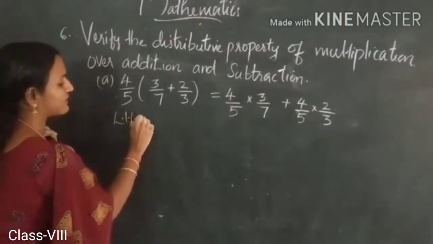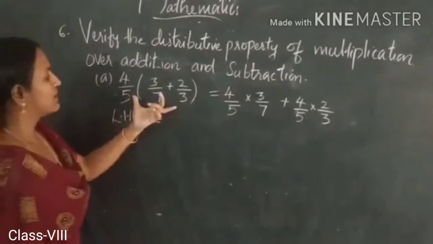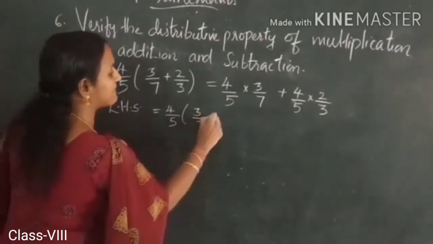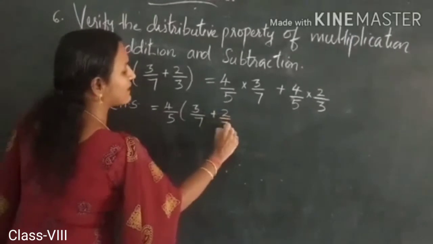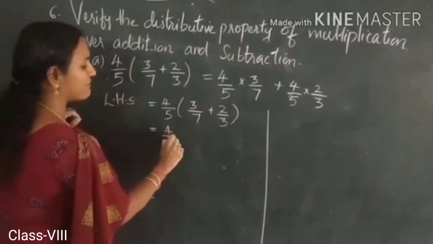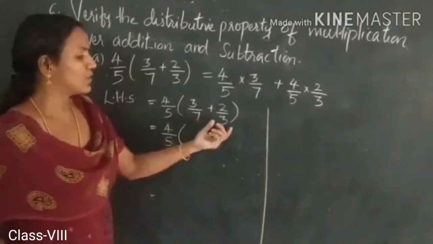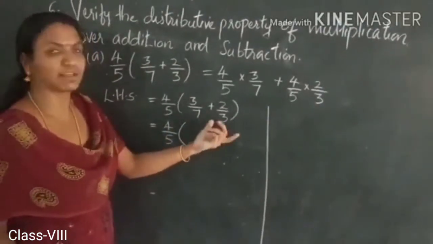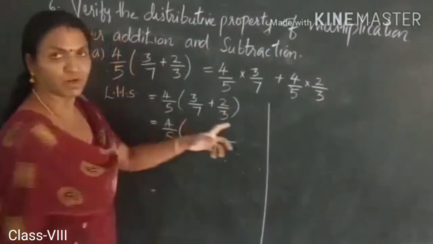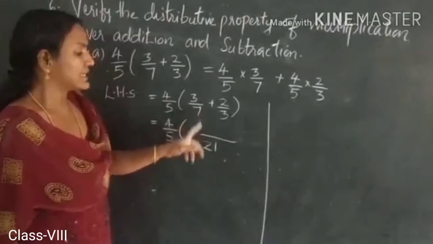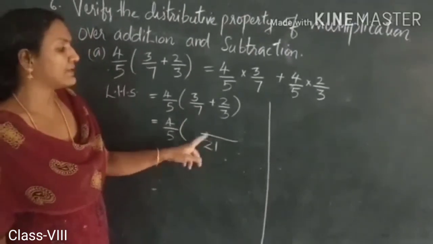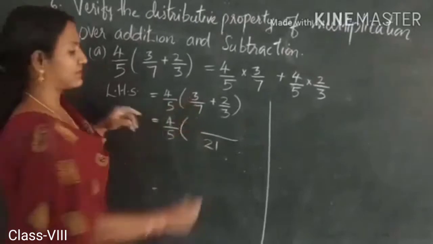LHS, left hand side, is equal to 4 by 5 into 3 by 7 plus 2 by 3. The denominators are different, so take the LCM. 7 3s are 21. You have to multiply 3 with the numerator. So 3 into 3